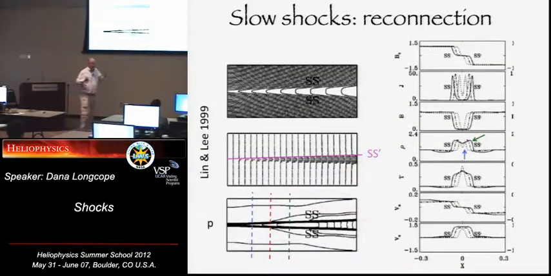So fast shocks seem to be the thing that we're seeing all the time. Where do slow shocks come into all this? Probably the most famous place you're going to encounter slow shocks is in magnetic reconnection. Remember, in a slow shock, the post-shock material has a higher plasma pressure, a higher temperature, but a smaller magnetic